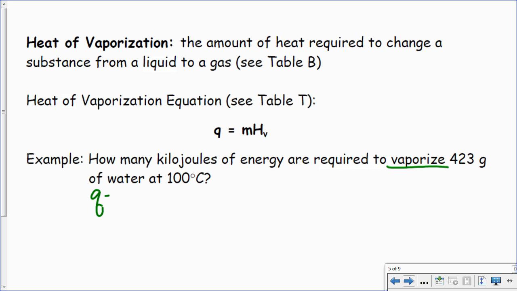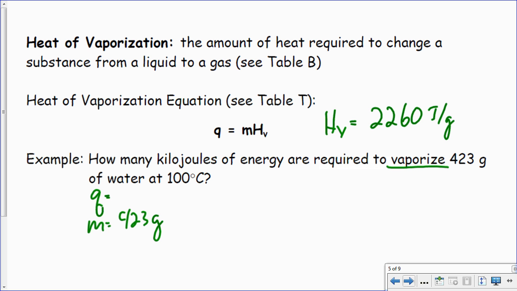So I have Q, I don't know. I have mass is going to equal 423 grams. And then we have this H sub V, now our new variable. If we look in table B, that is 2,260 joules per gram. It takes a lot more heat to get 1 milliliter of water to boil than it does to get 1 milliliter of ice to melt. Okay, so this is H sub V,